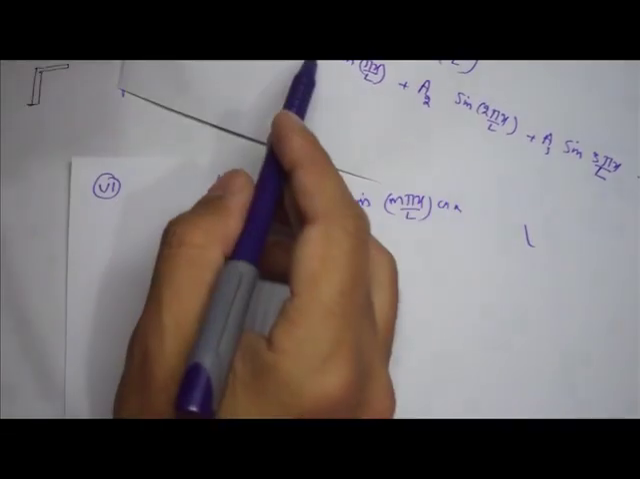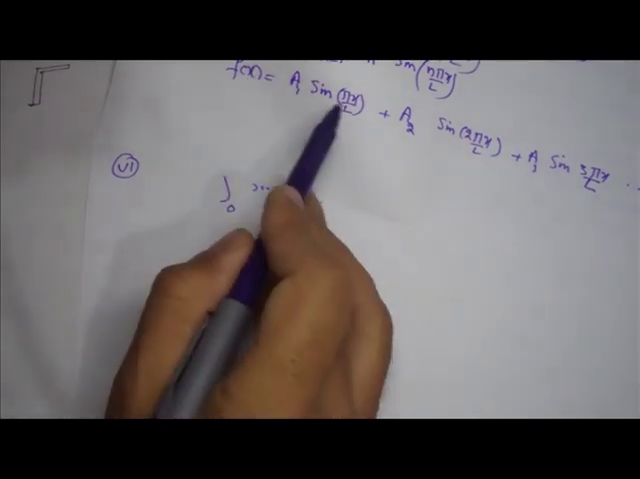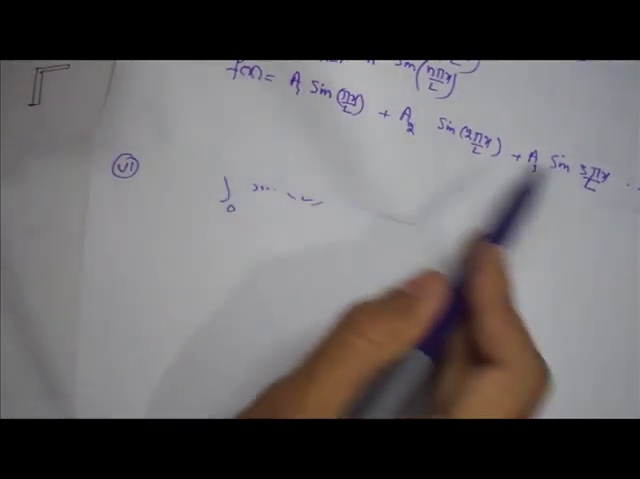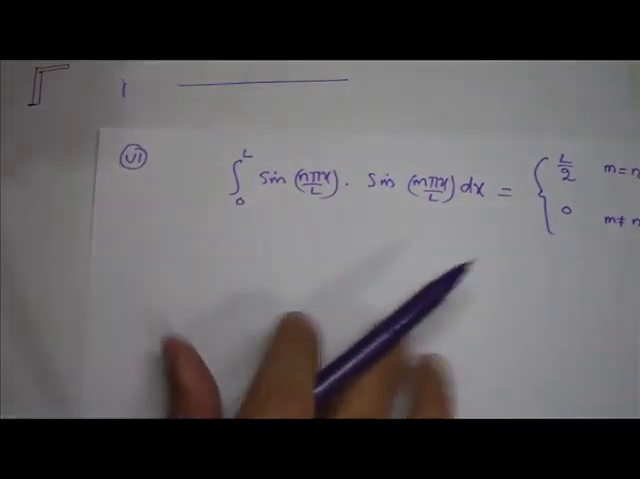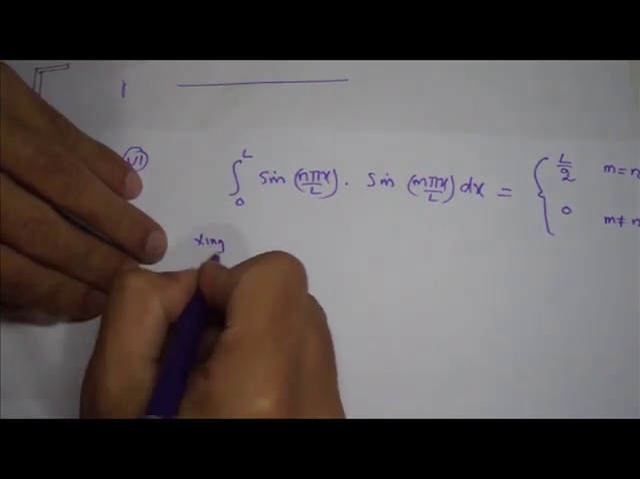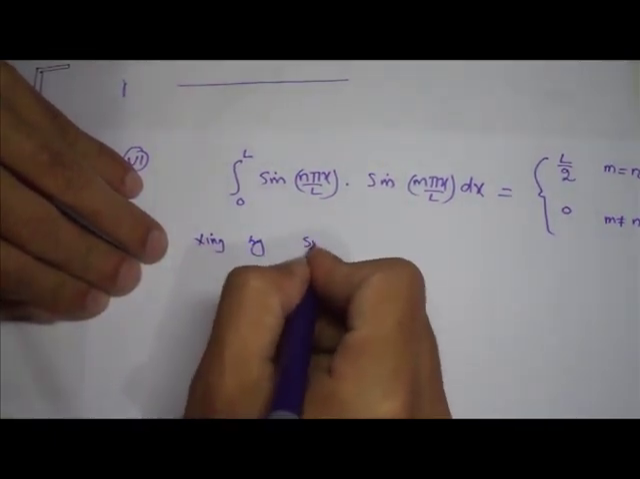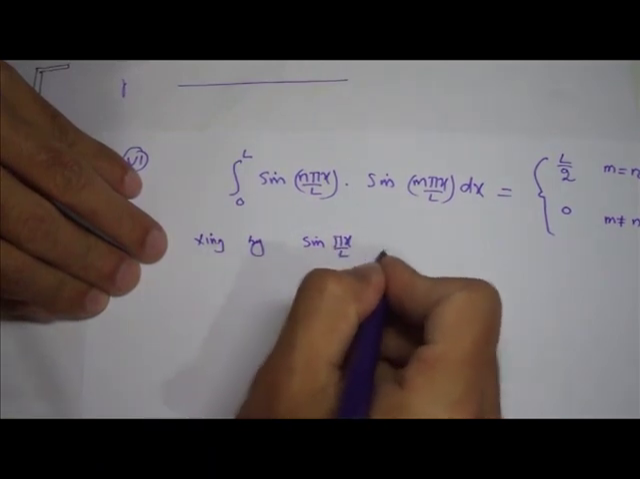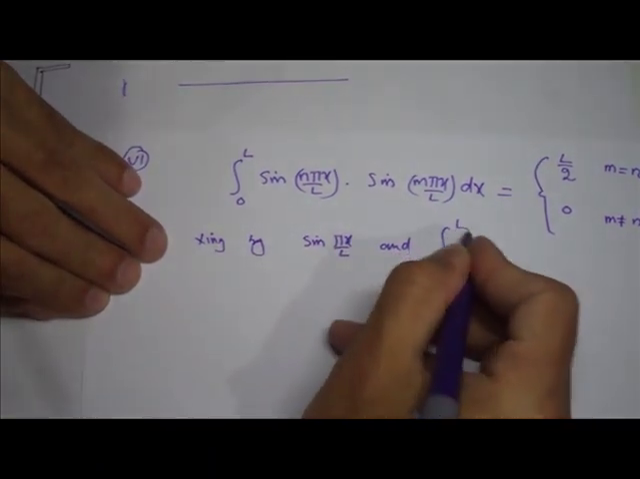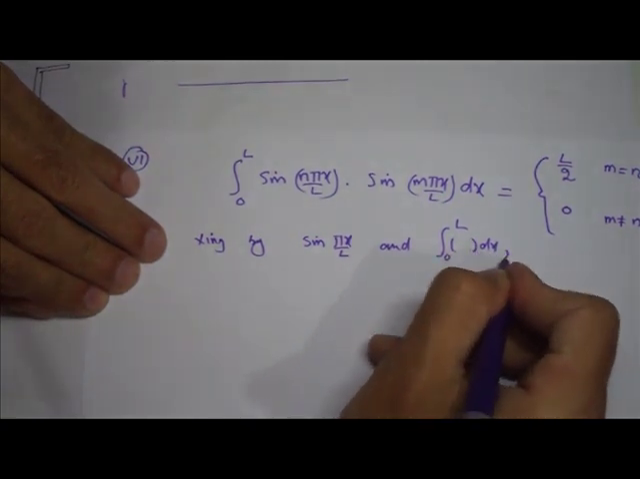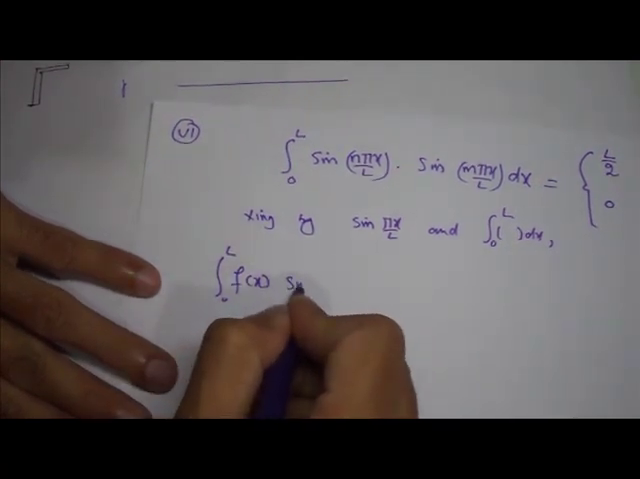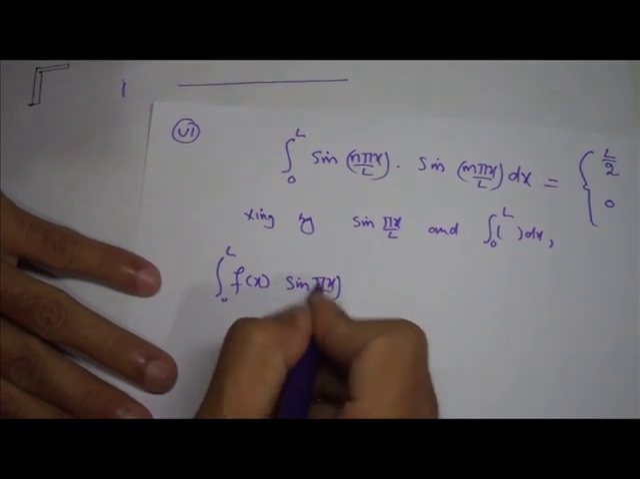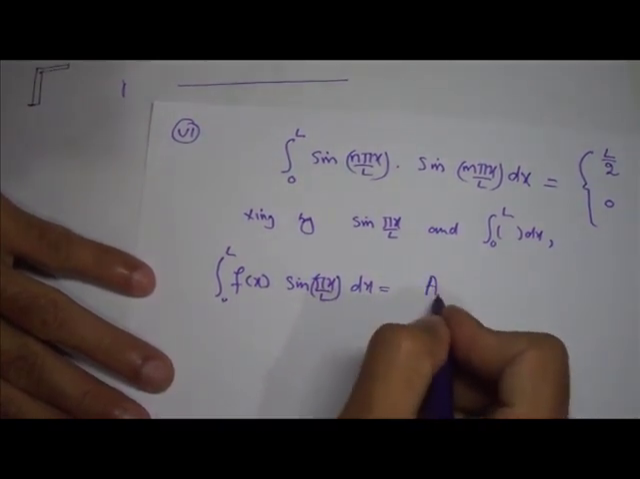First, we will try to calculate a1. So what will be the procedure? We will multiply this equation by sine pi x over L, the left hand side and the right hand side also, and then integrate from 0 to L all the expressions. So multiplying by sine pi x over L and integrating from 0 to L dx, what we get: the integral from 0 to L of x sine pi x over L dx is equal to a1